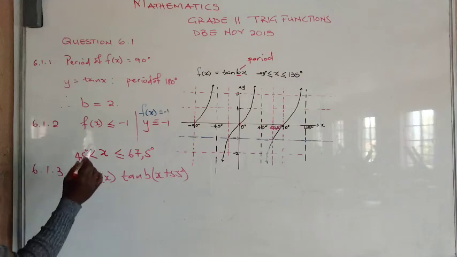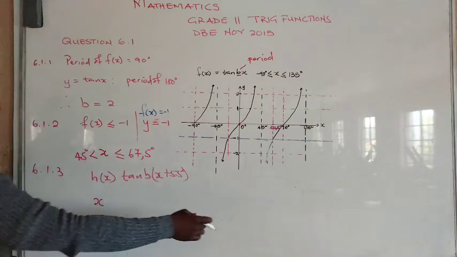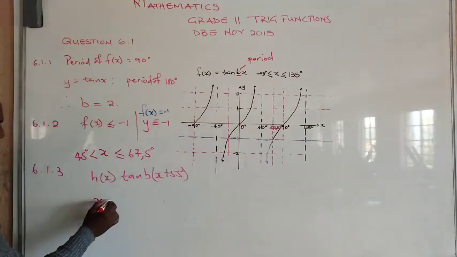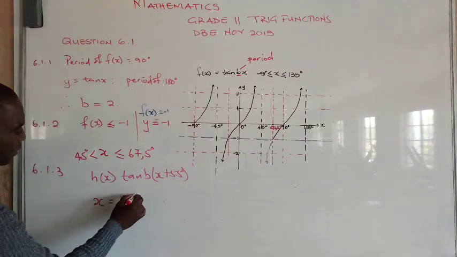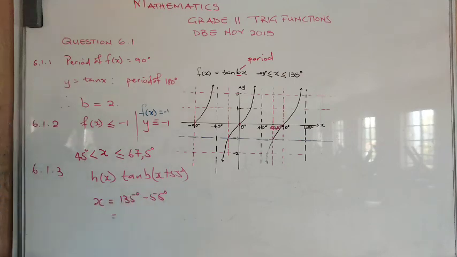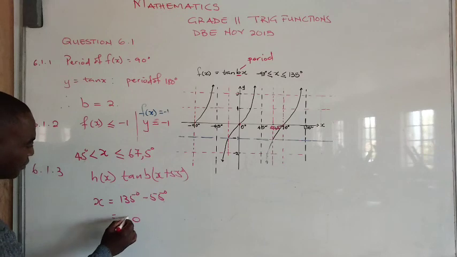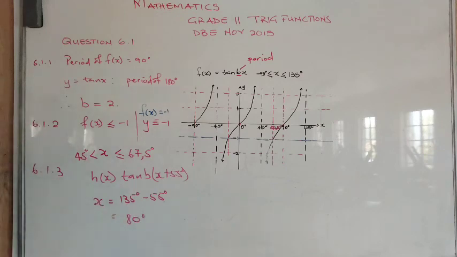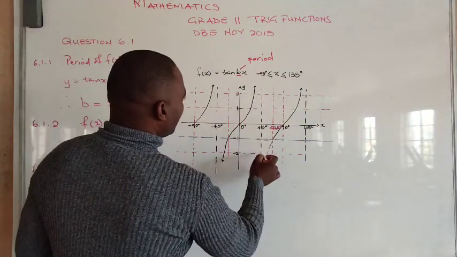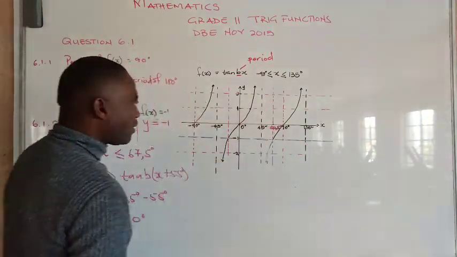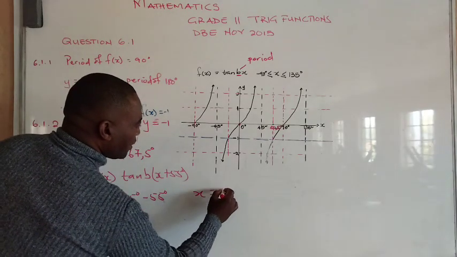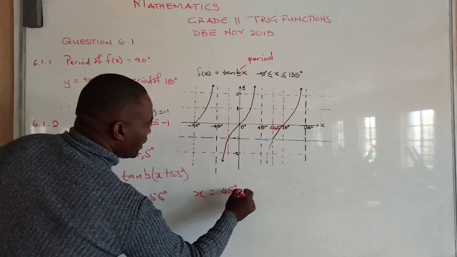So we are saying the new asymptote, remember these are vertical lines, in terms of equations, is x is equal to 135 minus 55 degrees, which will give us 80 degrees. And this asymptote, which is at 45 degrees, that will be x is equal to 45 degrees minus